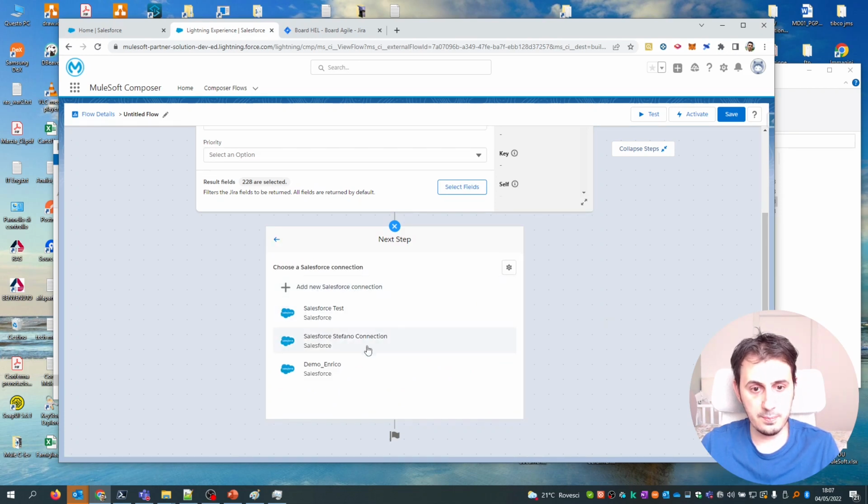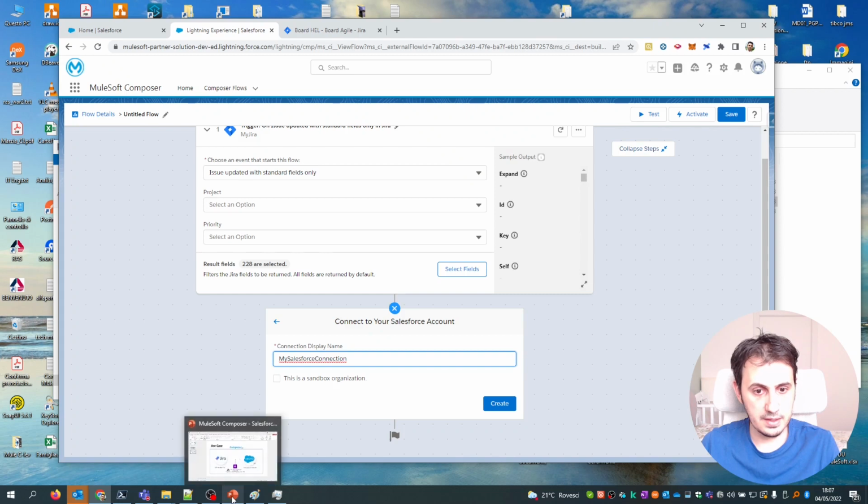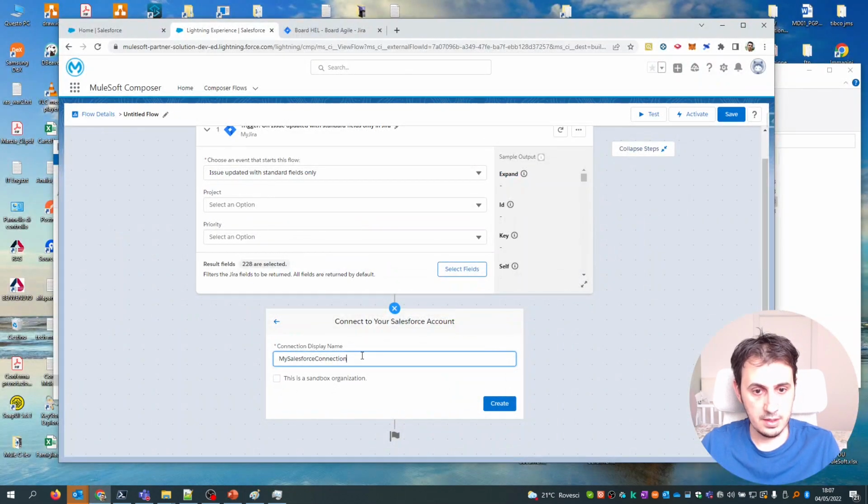I already set up a Salesforce connection, but let's recreate a new one. My Salesforce connection. An additional note: my Composer is on organization 1, while Salesforce is on organization 2. So it is on a different organization. This is not a problem. So I have to set up this Salesforce account.